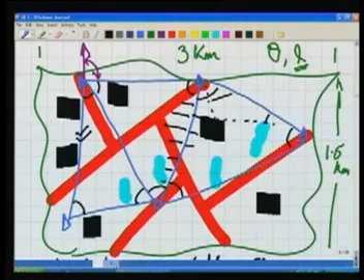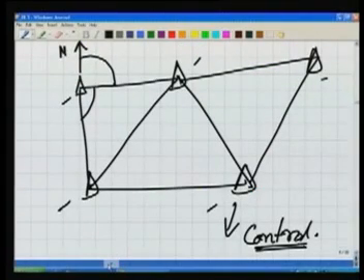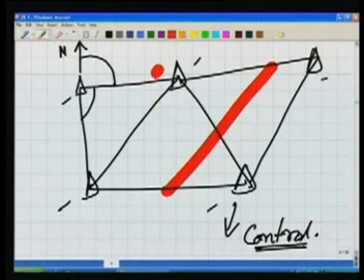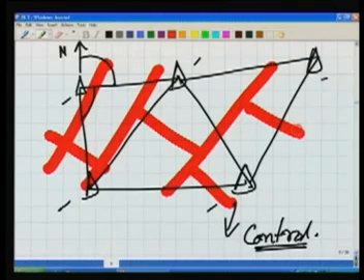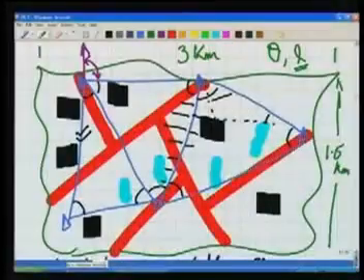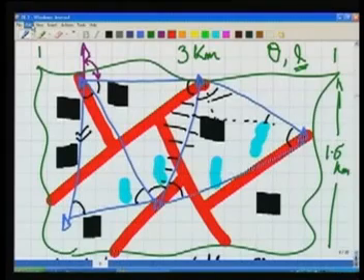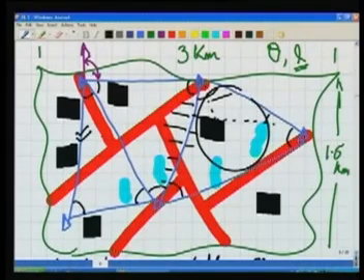Once I have got the offsets and other things, I can start plotting the things here also, as in the field. Whatever was in the field, I can plot here, because now my control is fixed. I am doing the plotting with the help of the control. So if you commit some error in this part, that is not going to affect this part